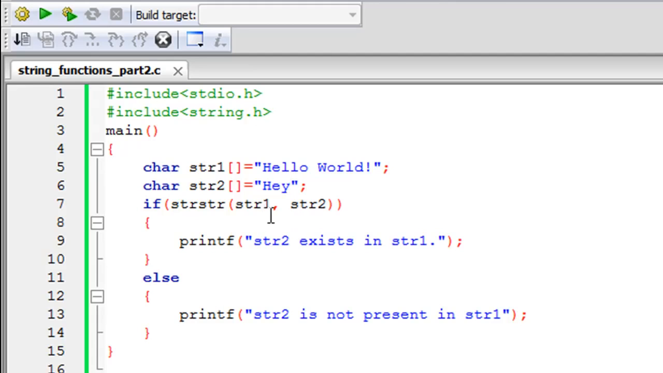You do not have to know all of this in too much detail. You just have to know how you can check whether a string is present in another string or not, or whether a character is present in another string or not. This is probably what you would be required to